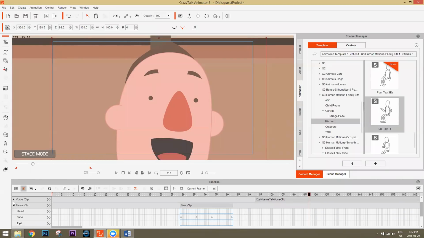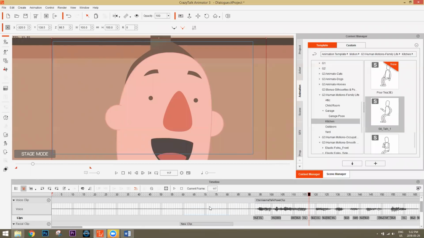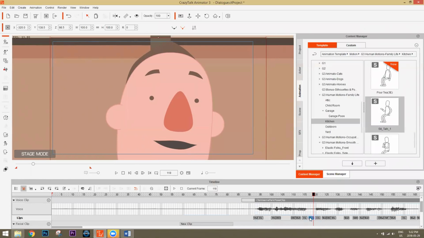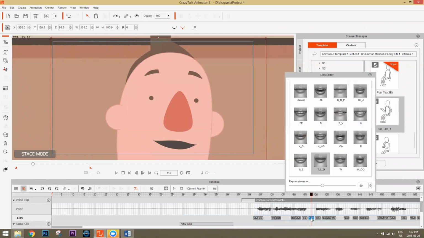And to do that, you go into your voice clip section where I showed you earlier, okay? So right here. And you can click or drag any one of these keyframes, and you can just double click it, and you can change it to whatever you want. So I'm going to just go ahead and choose this one right here. Now, obviously, this doesn't really look too much like an F, but this is the character library that we have. There's different expressions you can use. Okay, so I think there's about 5 separate sprites for this character, but we'll just keep with that one.